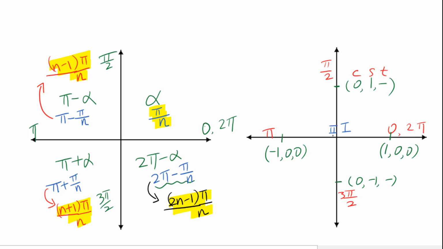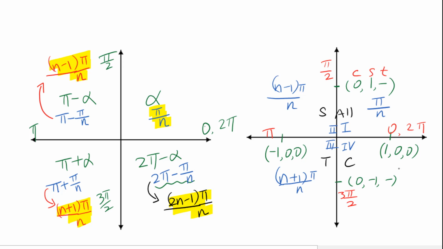First quadrant, second, third, fourth. And then you can write down All Students Take Calculus. In the first quadrant, this is pi over n. This will be n minus 1 pi over n. N plus 1 pi over n. Then you have 2n minus 1 pi over n. This diagram is in the closed interval from